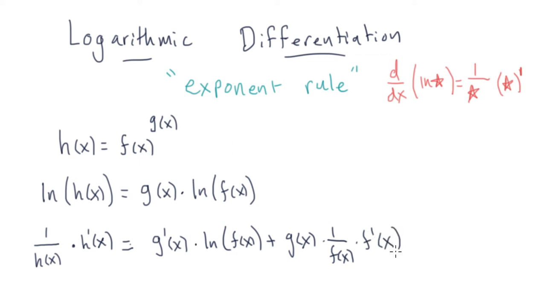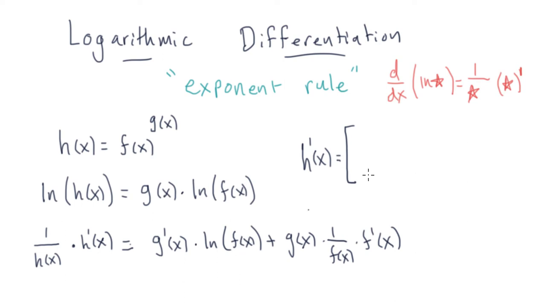Okay, so again, here I just left g of x alone. I took the derivative of log of f of x. Derivative of log of f of x is 1 over f of x times derivative of f of x. And now I'm almost done. Because remember that I'm looking for h prime of x, so if I just multiply both sides by h of x, I'm done. But I don't want to just leave it as h of x. I actually want to multiply both sides by what h of x is equal to, f of x raised to the g of x. So our final answer for the derivative, h prime of x,